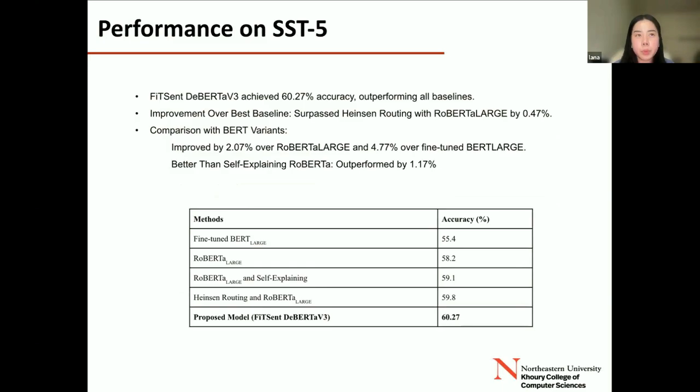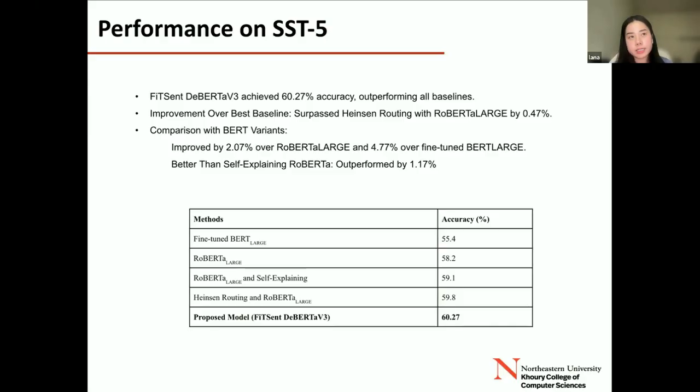Here we report accuracy as the primary metric used in the existing baseline. While precision, recall, and F1 score are also available for the model, they are omitted here to focus on a direct comparison with the baseline. So as you can see, the proposed model achieved the highest accuracy of 60.27%, outperforming all the other models on